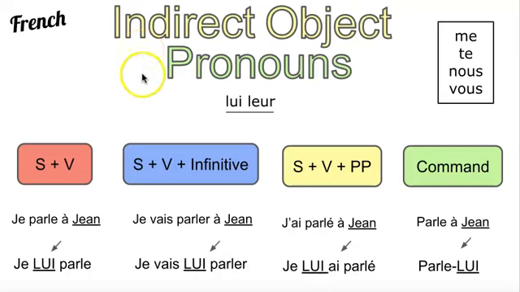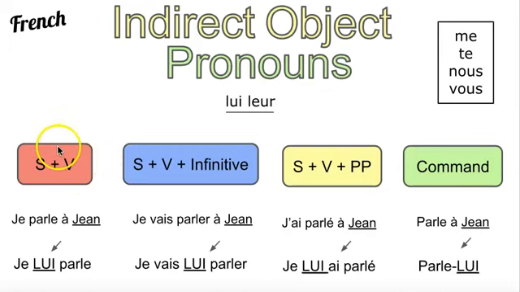Our indirect object pronouns are lui and leur. And then again you have me, te, nous, and vous. So lui means him, and lui means her. Leur means them. For the first position, when you have a subject plus a verb, the indirect object pronoun will